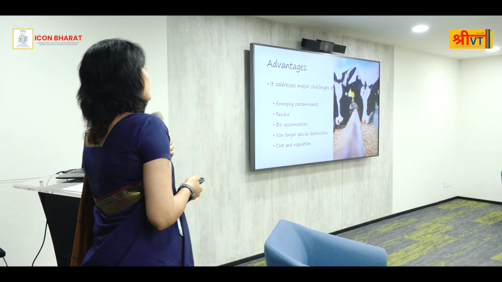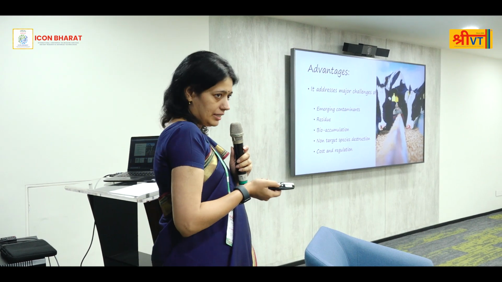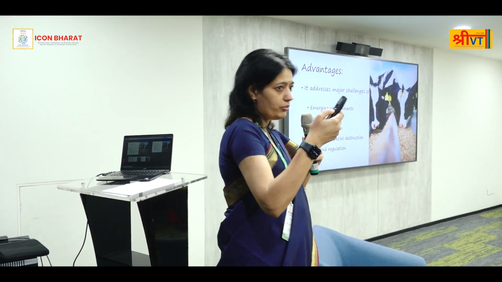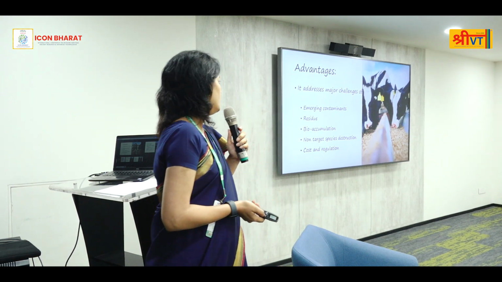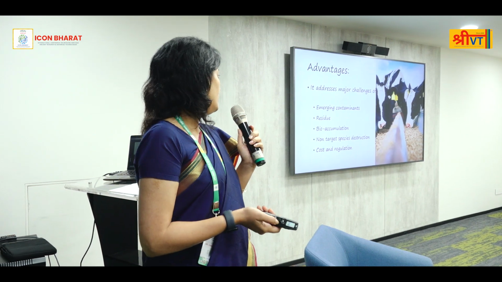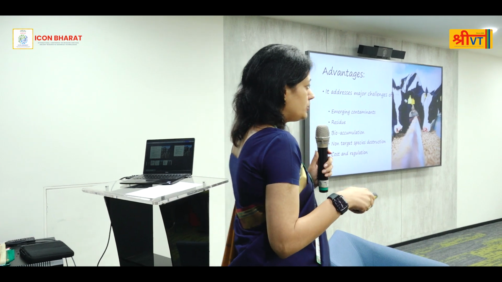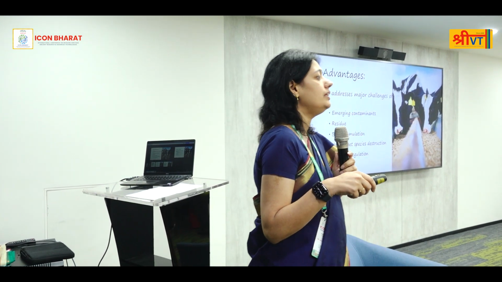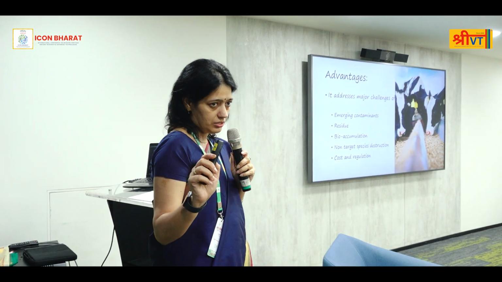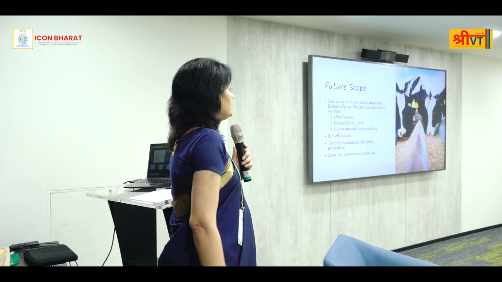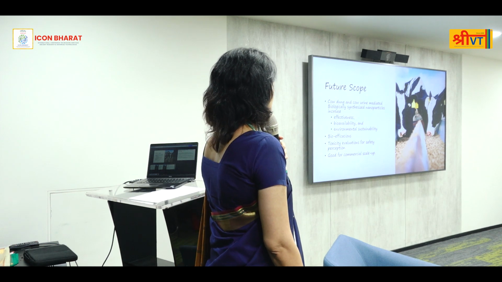which is considered a very, very safe score. So the advantages were, it did address the major challenges of emerging contaminants. Residue in the leaf, we were not able to detect it. Even with major dilution, we were not able to detect it. Bioaccumulation was not there. On non-target species destruction, we did the entire experiment on spiders, because the spider is a friendly insect in the tea gardens, but it did not kill spiders. So it is not targeting non-target species. It was easy and less costly in contrast to the chemical ones.